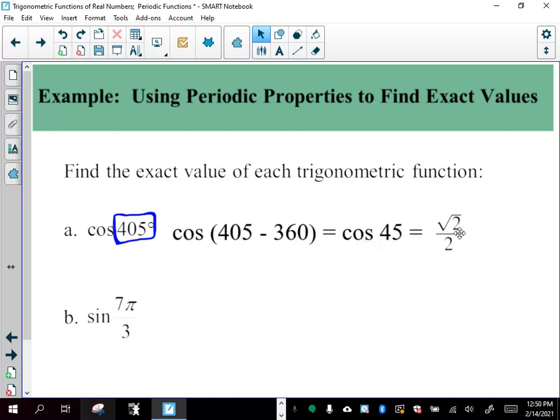That is square root of 2 over 2, which means because 45 degrees is square root of 2 over 2, 405 is also going to be square root of 2 over 2, because again, if you think about this,